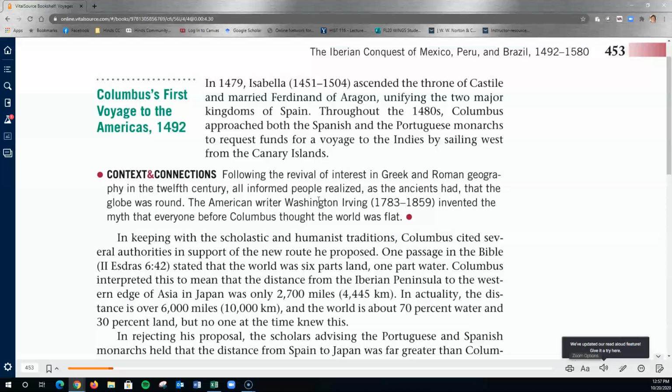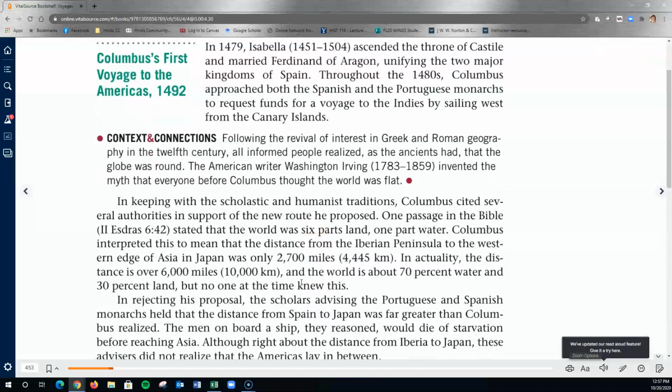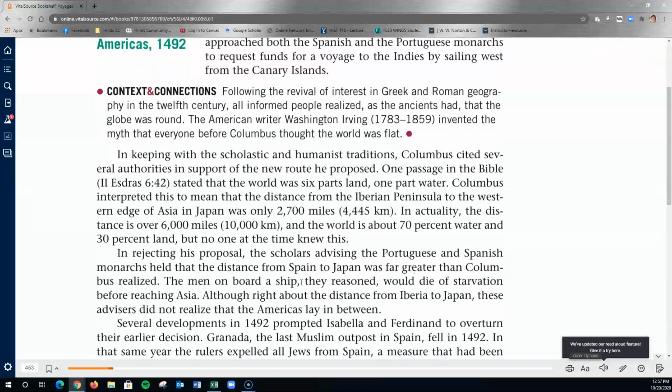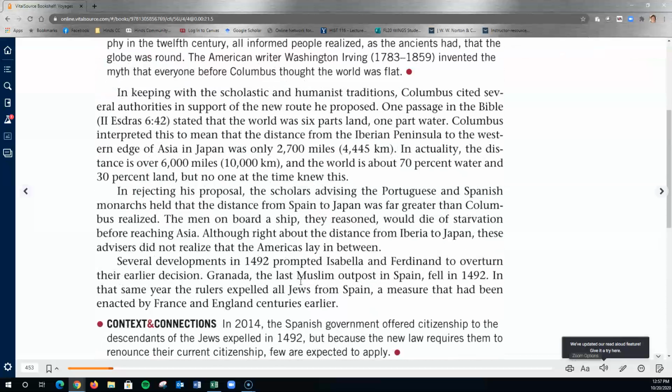How do you know that? Well, when he gets to what he thinks is India, which is not, he is really in parts of the Caribbean. He names those peoples Indians. Okay, he thinks he's in India. He's not. But he happens to run into the North American and South American continents and realize that there is